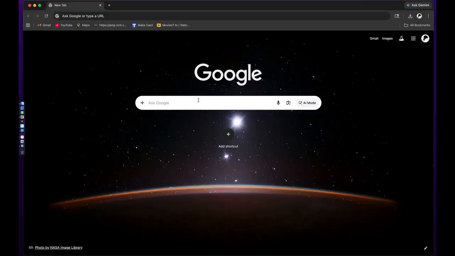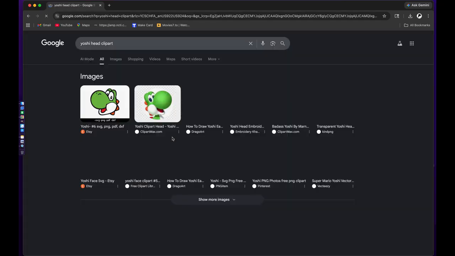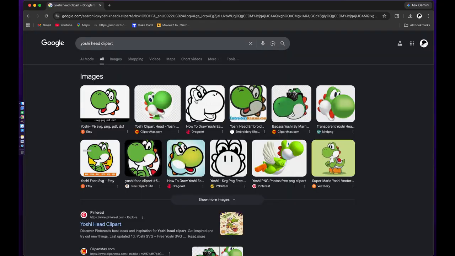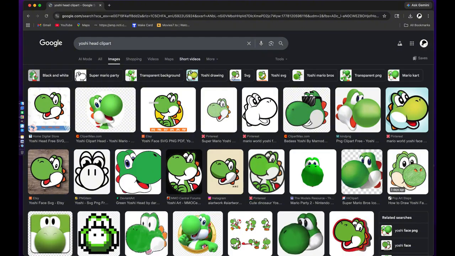So first thing we want to do is go to Google, any search engine, and search for the image you want. Now I want a Yoshi head. I was specific. I put Yoshi head clip art. You could put Yoshi clip art if you want his full body. So you're either going to take a snapshot of one of these, or you can save it to your computer. Now I already have one saved. I have it right here on my desktop. It's a